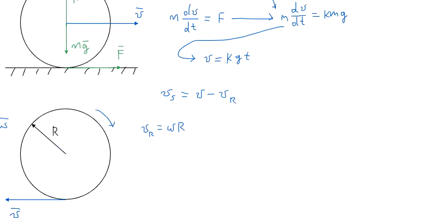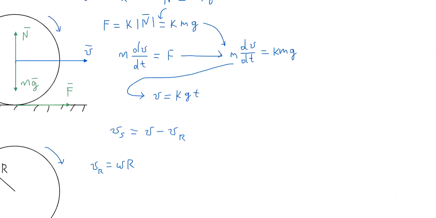So we have the moment of inertia multiplied by the first derivative of angular velocity, and this is equal to the moment of